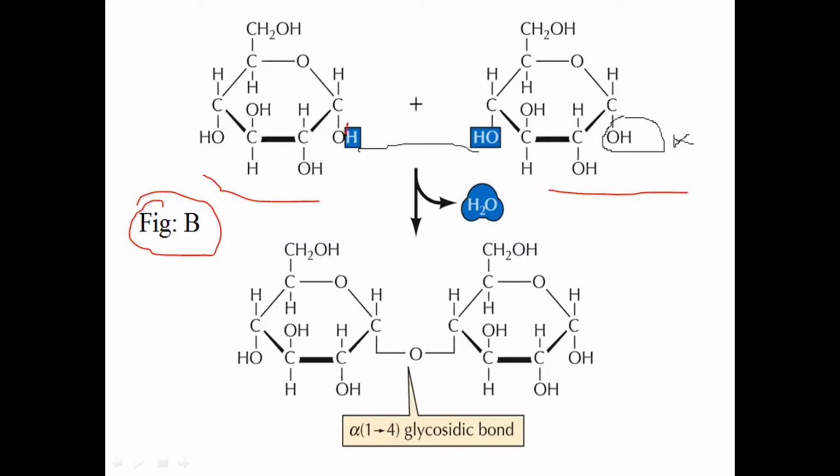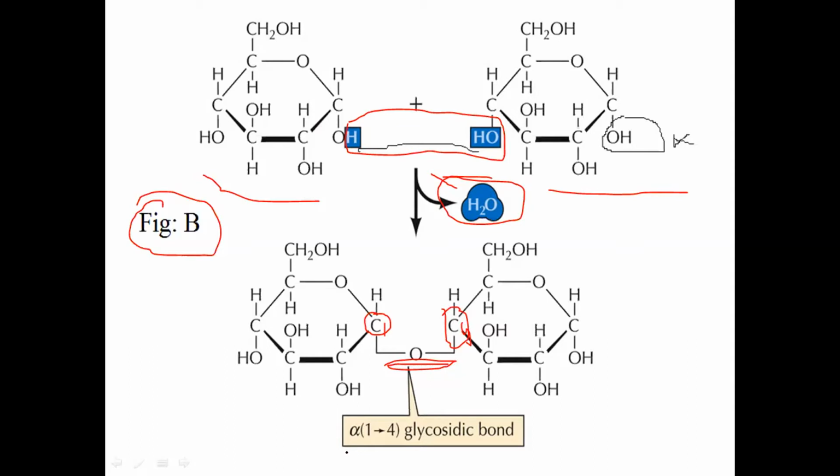A reaction occurs between H and OH groups, which results in the release of a water molecule, and a bond is formed between carbon 1 of one glucose molecule and carbon 4 of the other glucose molecule. So this is a glycosidic bond formed between two glucose molecules, and it results in the